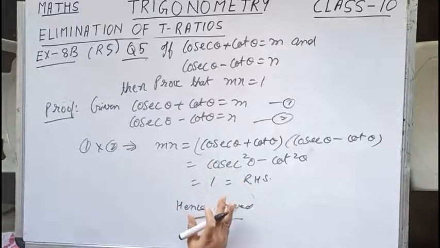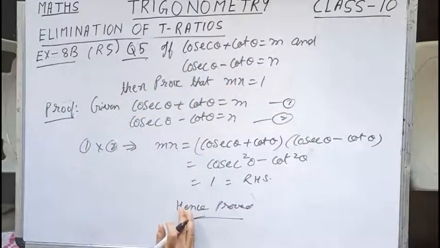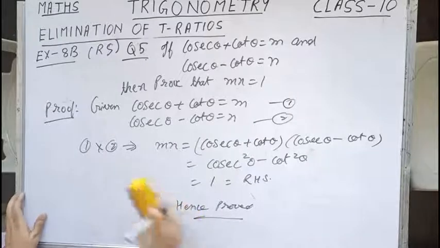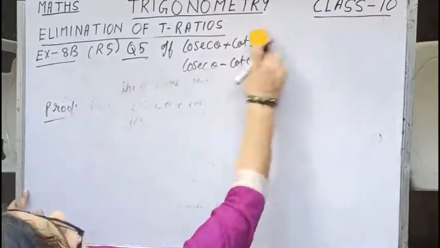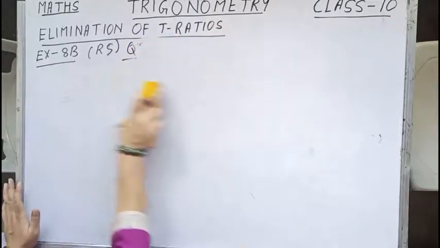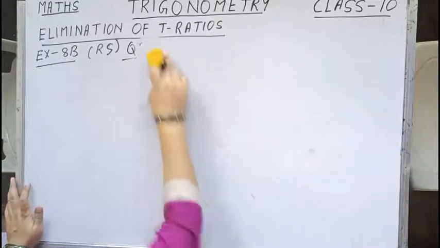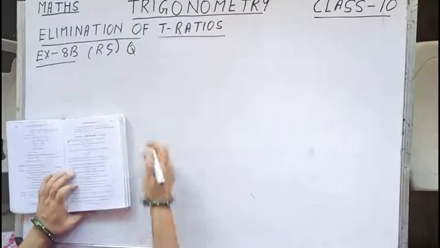So by seeing the question, that is the given part and the required to prove part, you can judge what we have to do. Now let us proceed to the next question, I mean one more new question. Children, whatever sums I feel need to be discussed, I am discussing here. If you feel like asking some more sums, you are always welcome. Children, you can ask from any platform.